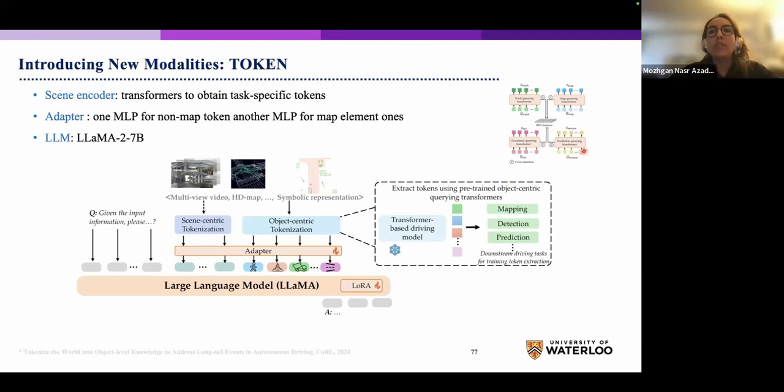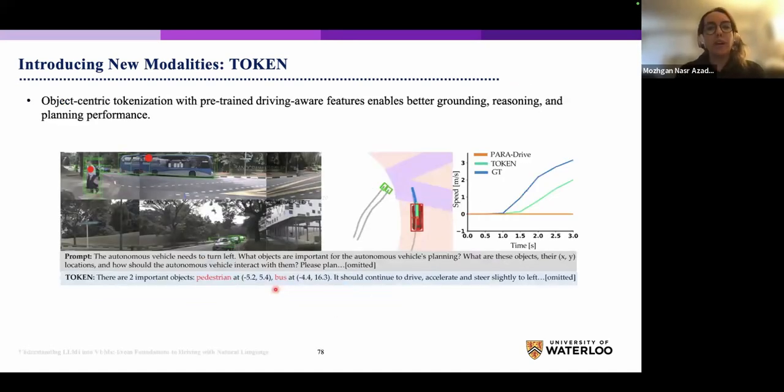So we are now giving some specialized models to get these specialized object tokens, and we also add them to the model, and we use a large language model again with the query, which is a question, to get the output. Something important they've done is that they go beyond the textual representation, and they built a dataset, which is not publicly available, that now also understands coordinates and locations, 2D and 3D spatial understanding. So you can see here that the output of the model, although it's still text, also includes